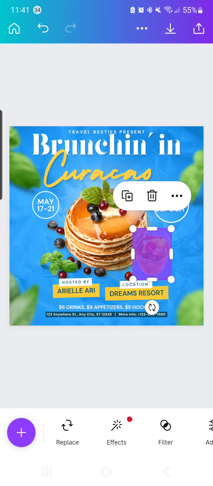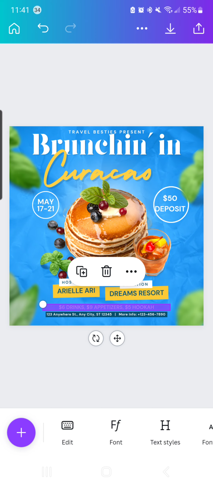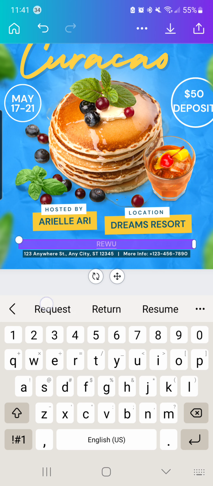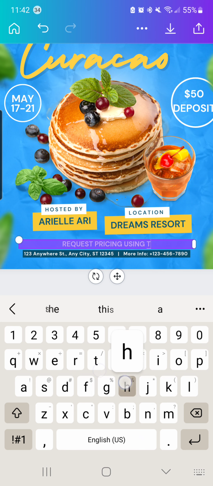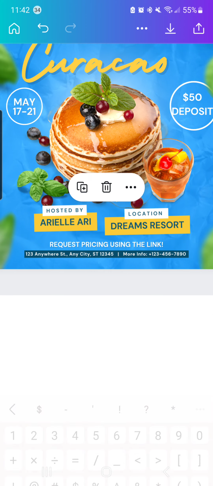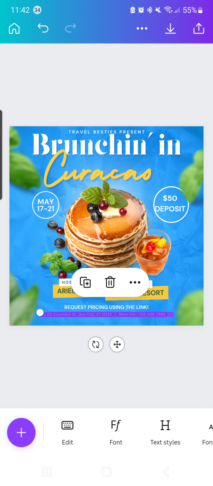Now it has down here drinks and appetizer prices. Is that one? That is one. Do I want to put any more information on here? I could put request pricing using the link. And then